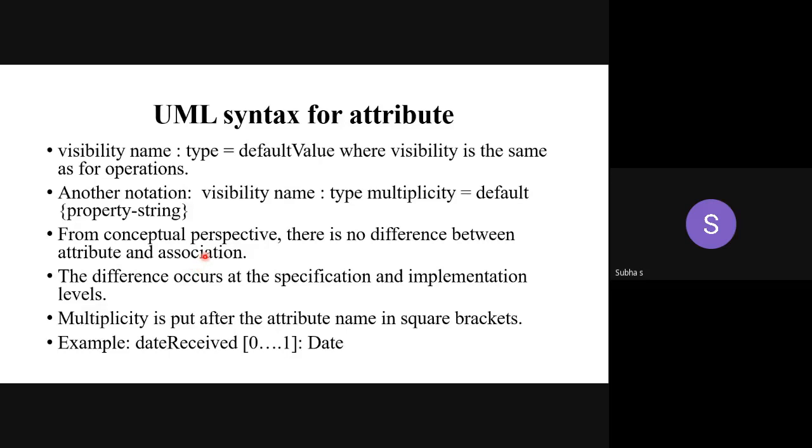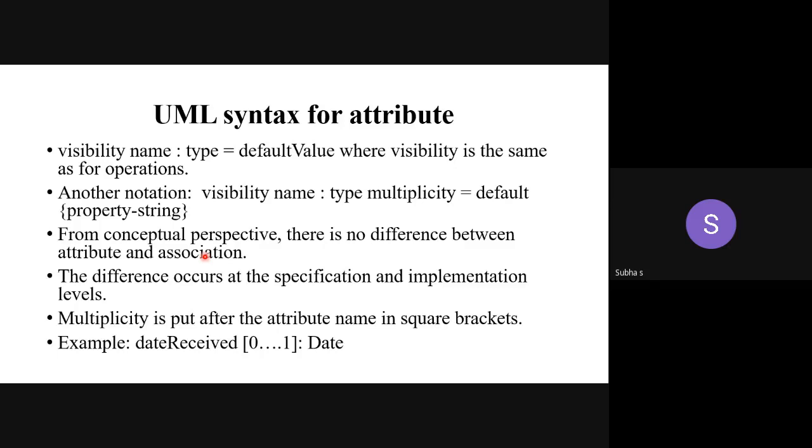Yes, there will be some difference. You have to mention the specification perspective because in an attribute, if I am going to specify the condition, I told in the last class also, I can give the conditions in the attribute. I mentioned age colon number, and within brackets I can give age greater than 18. That is the condition I can give for the attribute. That is your specification perspective.